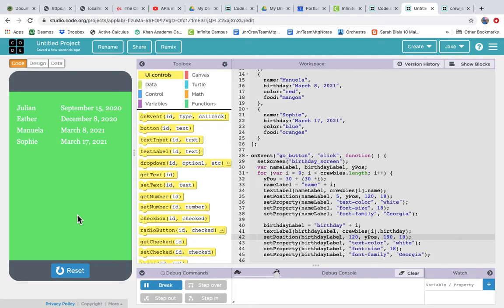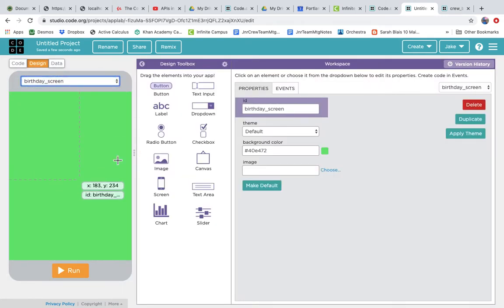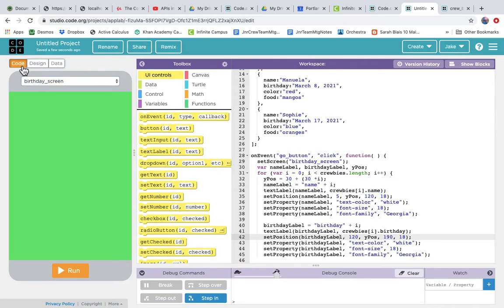So that saves us a lot of work. We don't actually have to build up this birthday screen. We're just letting the code create it for us. And this works, if we add more Krubies, this is going to work automatically. So let's add